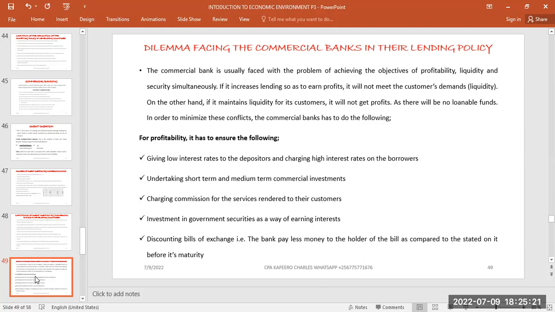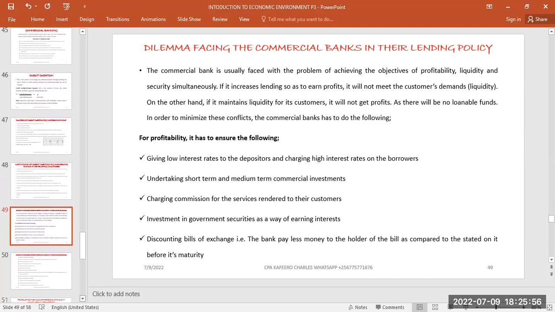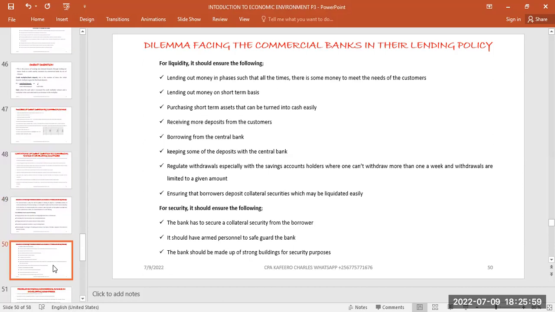What happens with this bill of exchange? When someone signs, it's like a check. Someone signs that document and provides it to you for payment, but it's upon maturity that you are supposed to get the money. So if the person who was paid wants to get that money earlier, before maturity, you take it to the bank and they give you the money. But the banker gives you less than the face value of the bill of exchange, so that they can also make a profit. Hope you've gotten that. We go to the next one, and we see how we can handle liquidity.